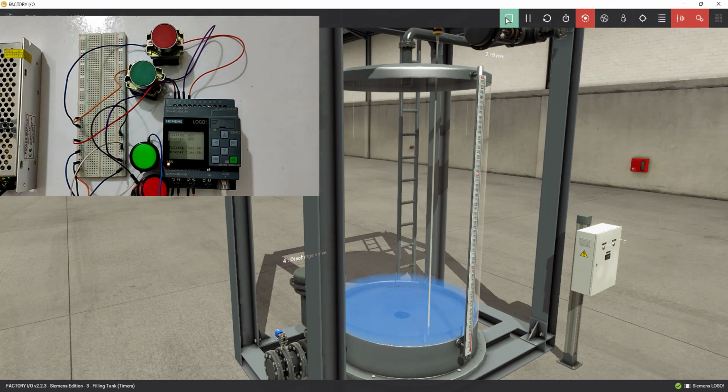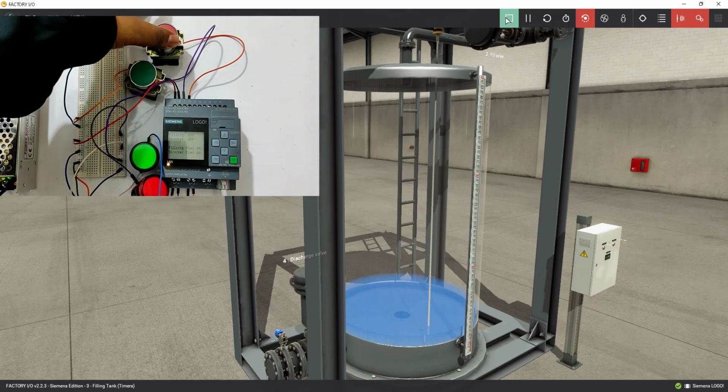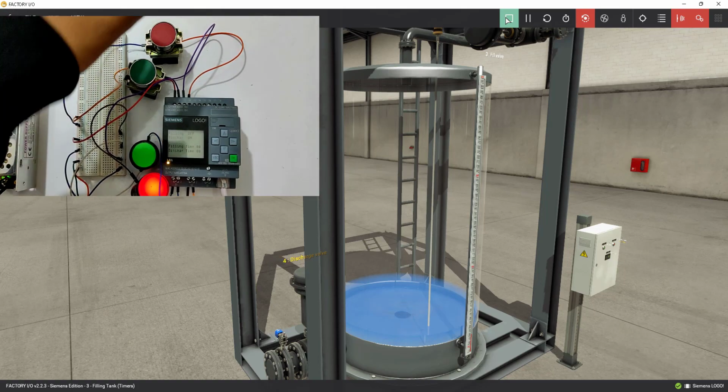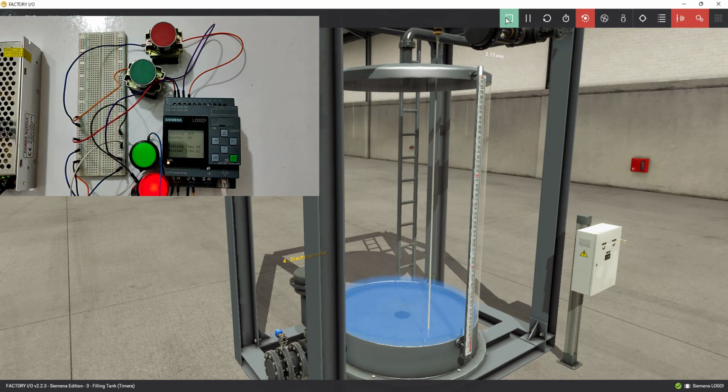So it's pretty simple, and you can see there is still water. We can once again trigger the discharge simulation button. It's because the flow rate of filling and discharging is not the same here. That's why we have to evacuate twice and fill once. So this is very cool. This is how we can use our PLC in a real world setup